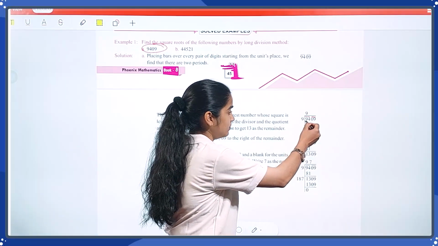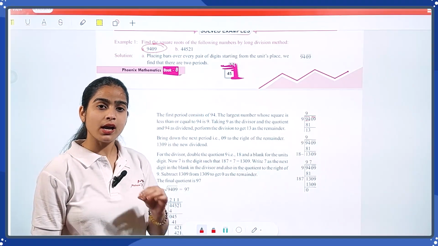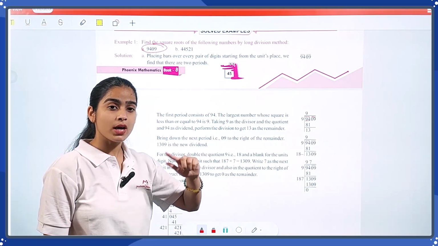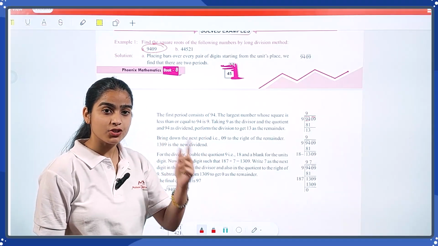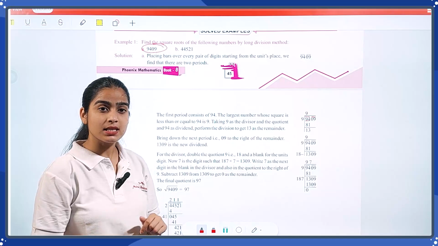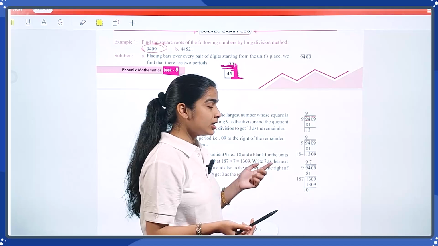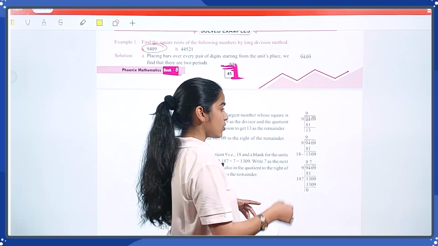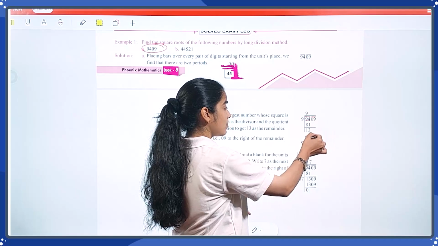Now if I check the squares, you only have to take square numbers. If you take 2, the square is 4. If you take 3, the square is 9. For 4, 16, then 5, 25, then 6, 36, then 7, 49, then 8, 64, then 9, 81, then 10, 100. 100 is more than 94. So which one do you have to take? According to division, we have to take the smaller one, which is 9, 81. 94 minus 81 is 13.